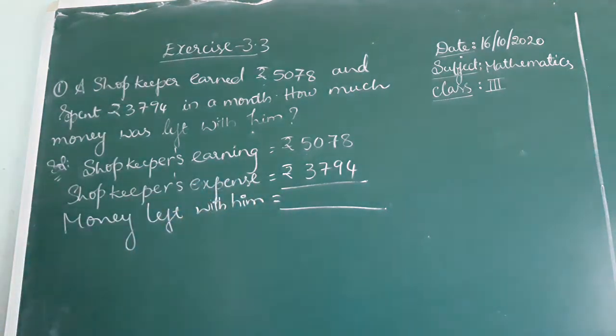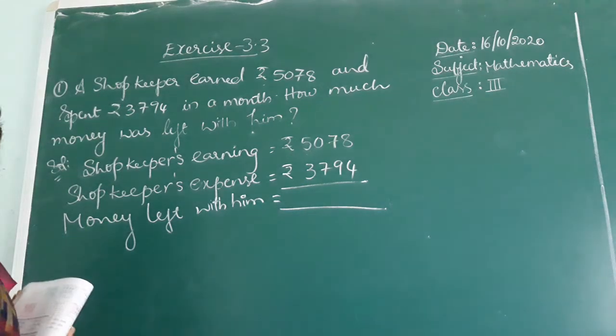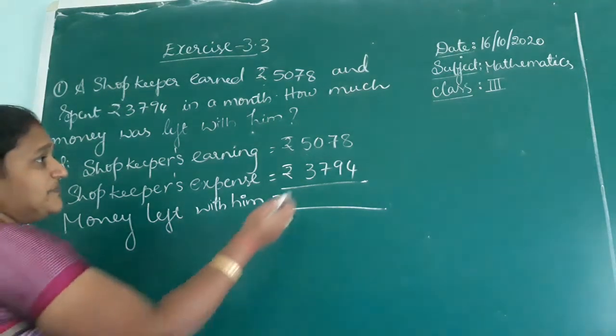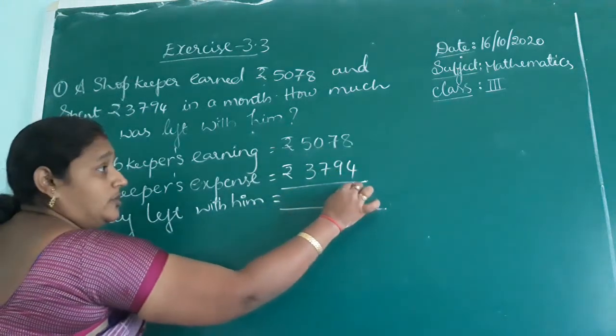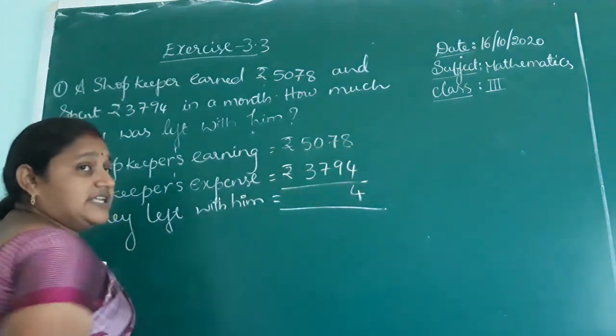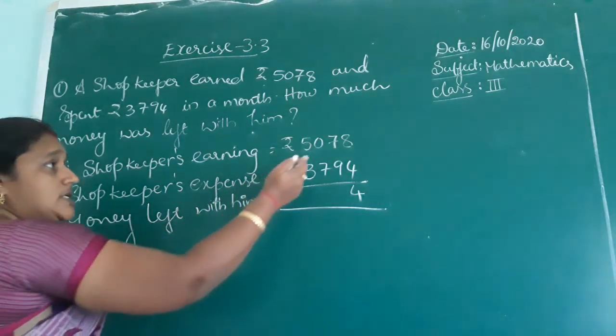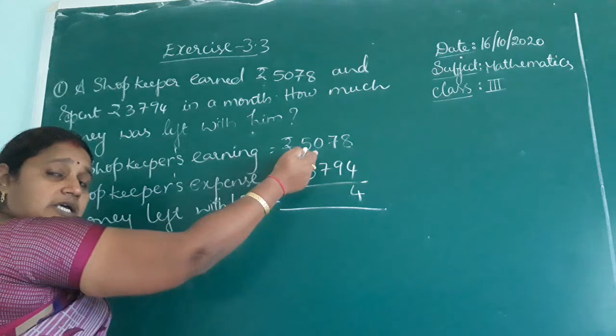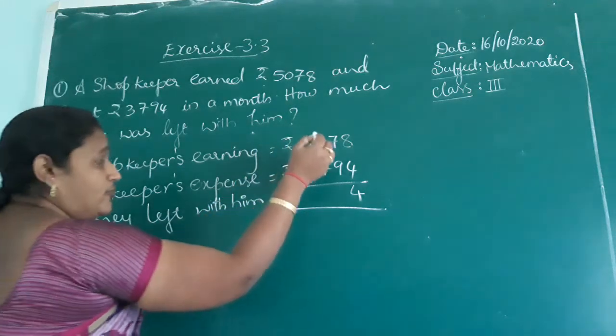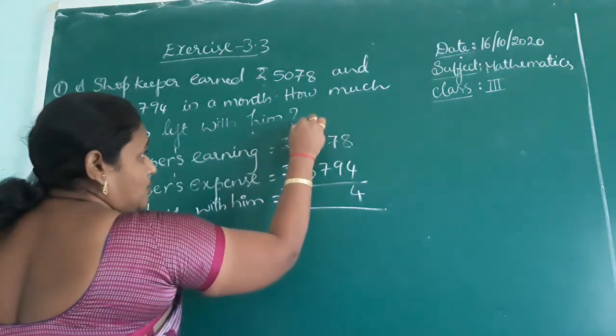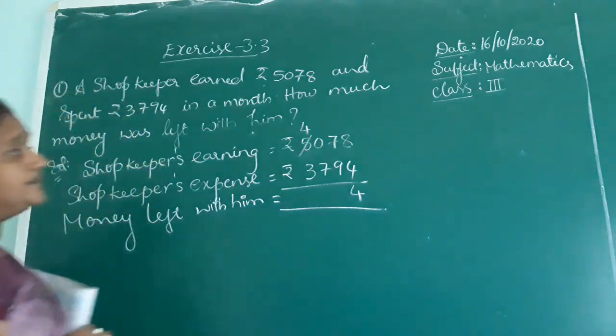By subtracting those two numbers, you will get the answer. What are those two numbers? See those two numbers, children. 8 minus 4, 4. 7 minus 9. Is it possible to subtract 9 from 7? No. So by that time you have to borrow from the before number. What is the before number? 0. So not possible. So come to the before number, and before number it is 5. So 5 minus 1, 4.